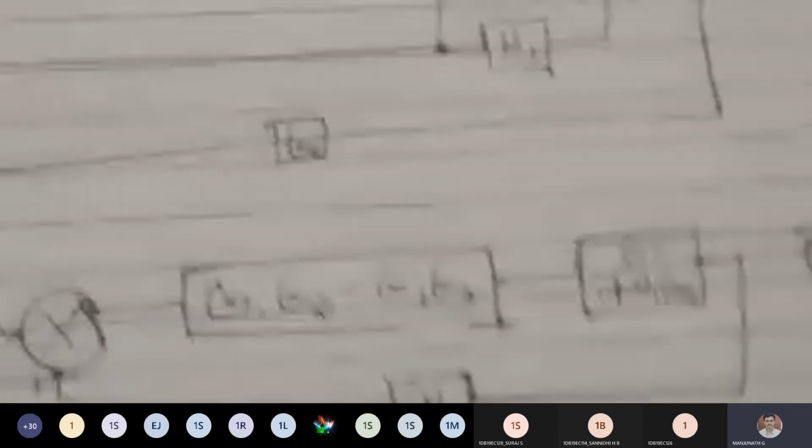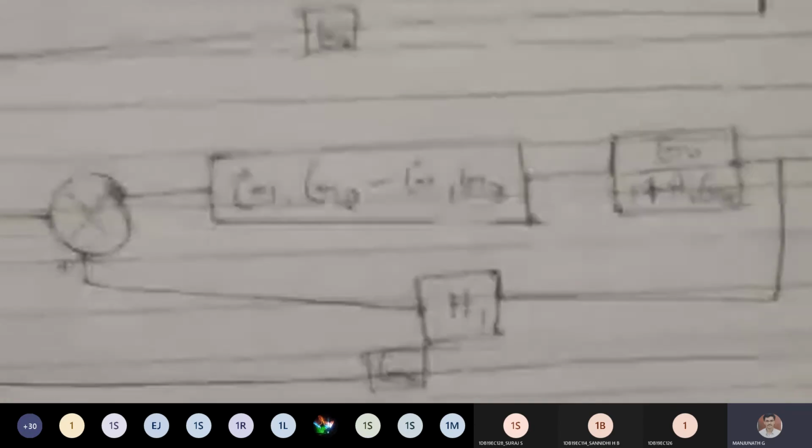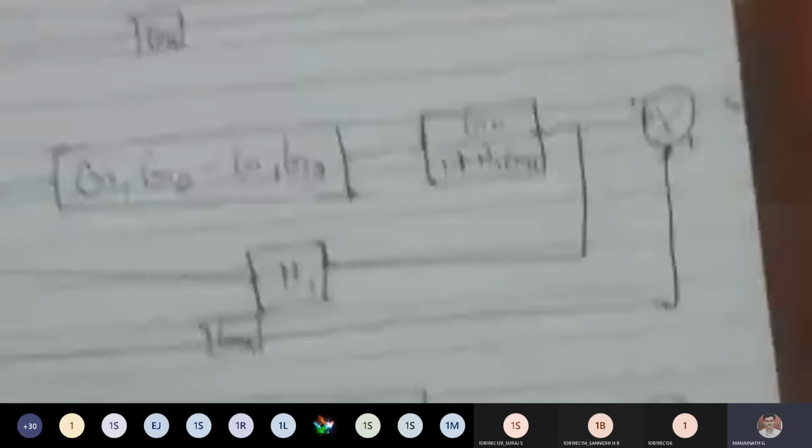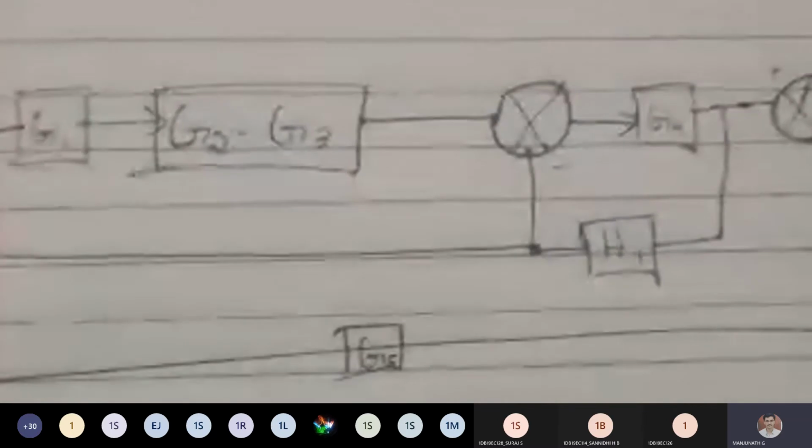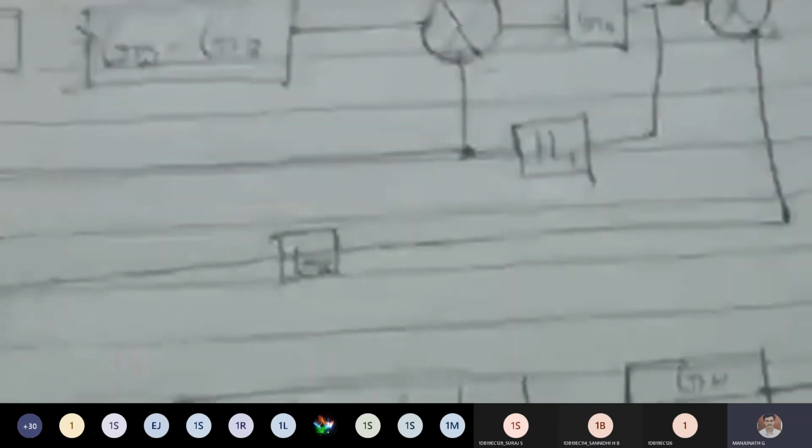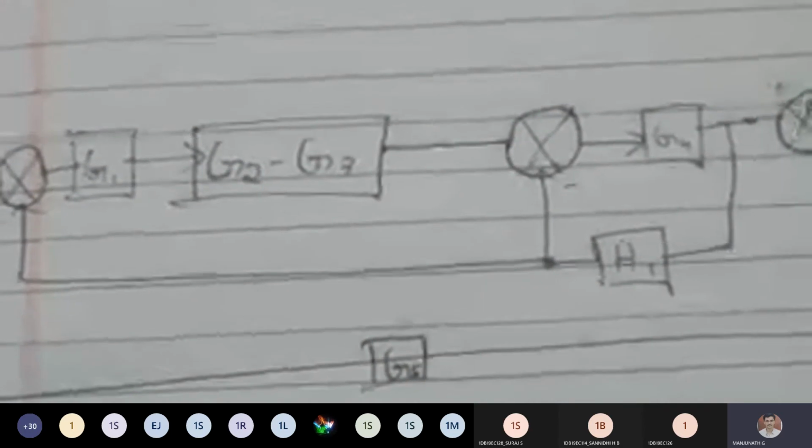I want everyone to solve, then only we understand the things. Simply seeing doesn't make any sense. Focus a little bit upward, Satya. We'll go from the top. So we just analyzed. Yeah, good. So G2 minus G3, that becomes cascade. Okay, next step.